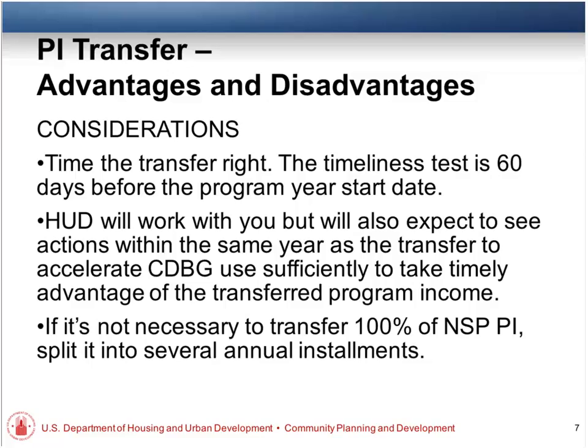I have to do an amendment, and here's my plan for accelerating through and getting it done. So maybe you fail your timeliness test the first year, technically, if we count the NSP program income that's now CDBG program income, but you have a plan already, you're working your plan, and you pass the second year. It's really if you fail the second year that you become one of the problems that John is talking about, that we really don't want to increase.